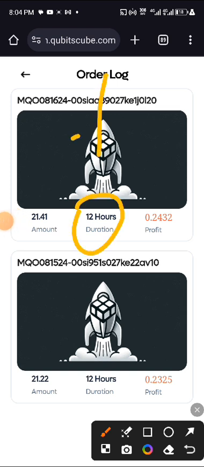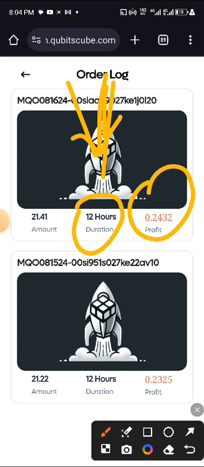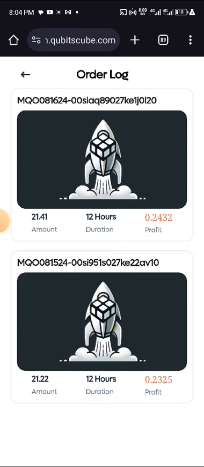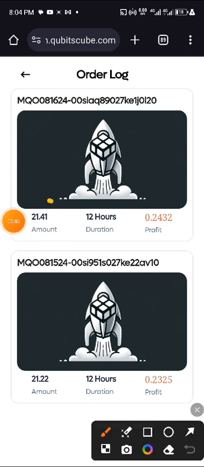these two I made today. This one is the one I did yesterday night before I went to sleep. So this morning when I checked it, I met this. So that is the first 12 hours. And this morning when I started it again, I made this. So in 24 hours, I'm making $0.47. That is the amount I'm making in 24 hours on this money.